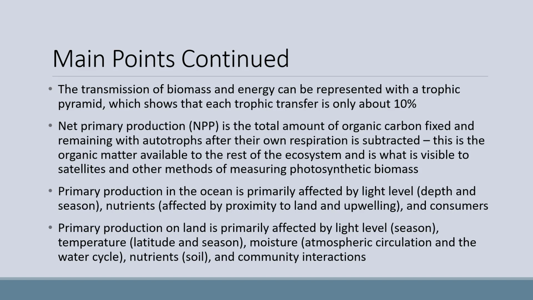Primary production on land is primarily affected by light level, which is affected by season, temperature, which is affected by latitude and season, moisture, which is due to atmospheric circulation and the water cycle, nutrients in the soil, and community